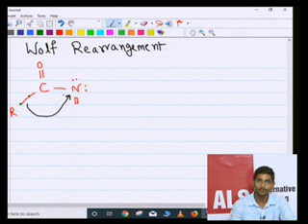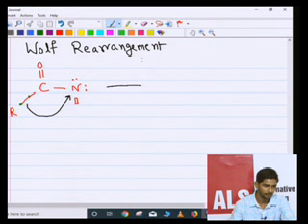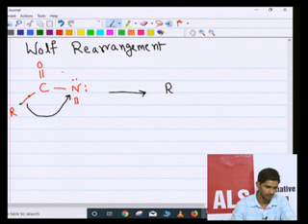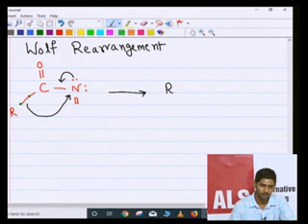So what happened after some time? These electron pairs make a bond with the nitrogen, and it rearranges into a new substance that looks like this. R. Remember, this bond will shift over here. Now R is connected to N, N is connected to C, and C is connected to